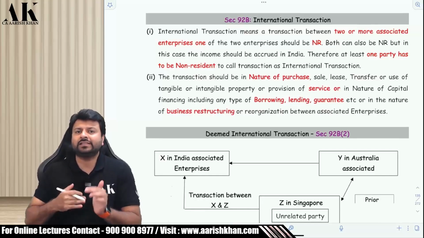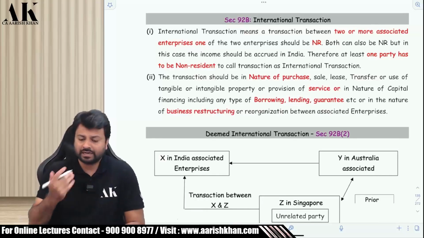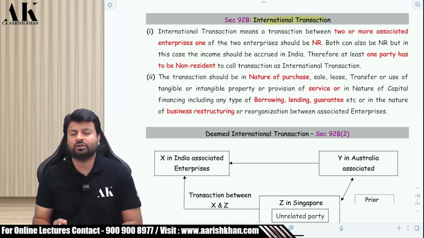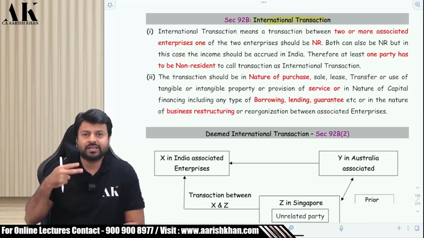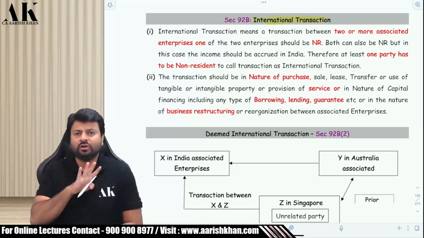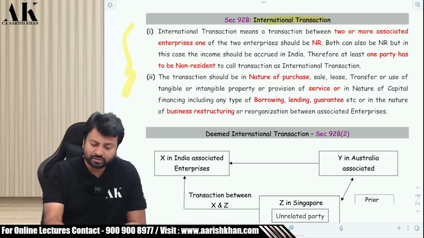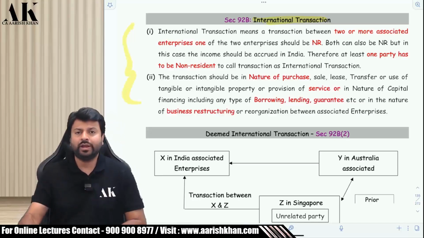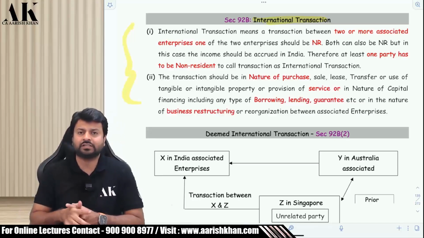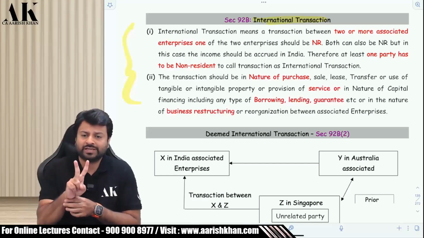Now, to make a transaction covered under transfer pricing, the transaction has to be what? An international transaction also. Therefore there are two subsections of international transaction. One is a normal international transaction, another is a deemed international transaction. Let's talk about the normal international transaction first. When will a transaction become a normal international transaction? When it is entered between two associate enterprises,